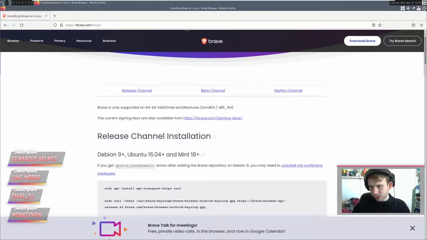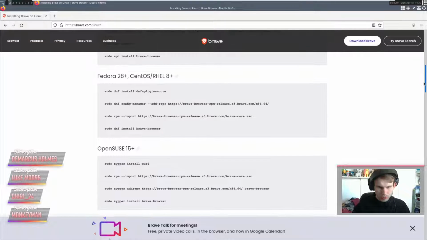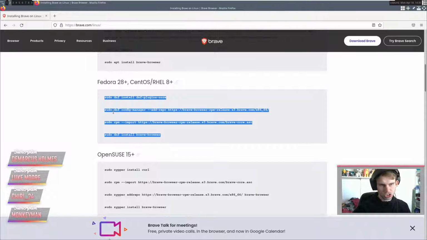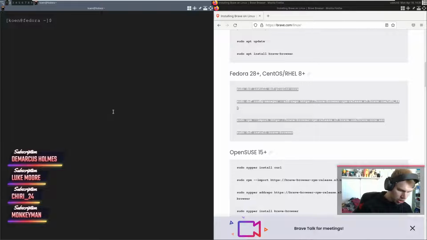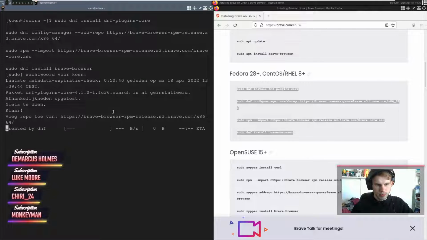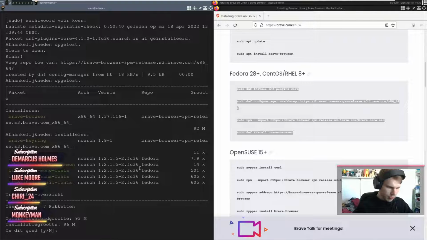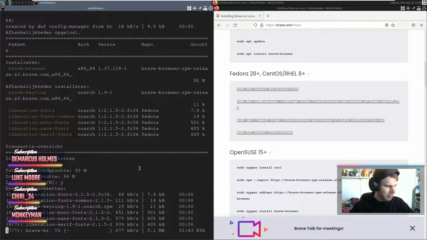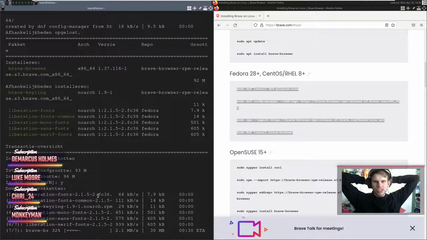And the best way to do that is by going over here and selecting all of this stuff, getting ourselves a terminal open, and putting all of that stuff inside of the terminal and installing Brave. Alright. And that should do it. So from here on out, it's just a matter of sitting back and waiting for all that to finish.